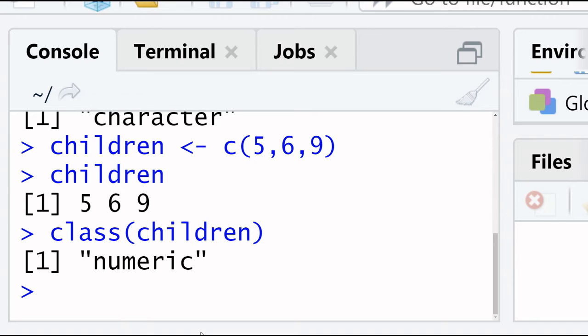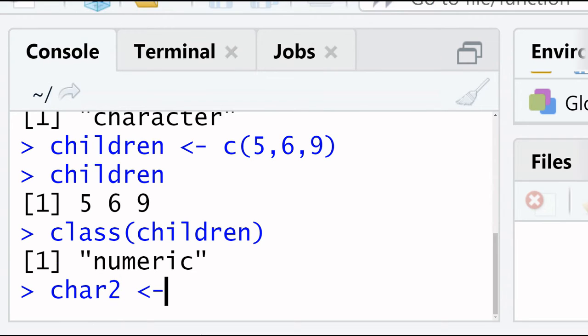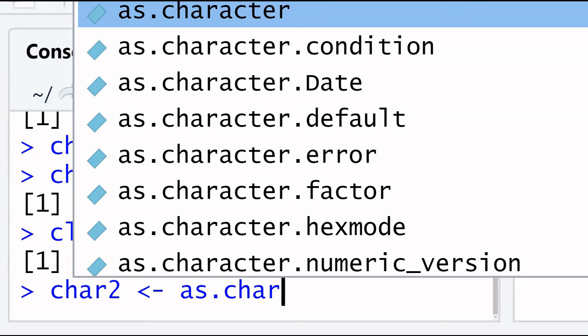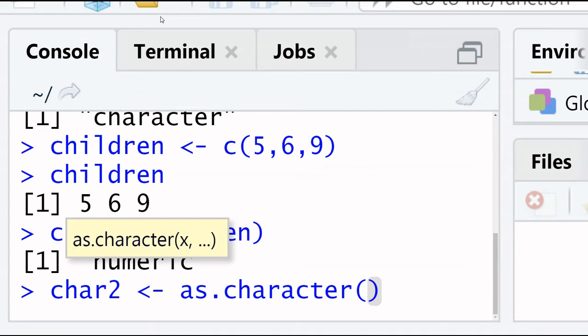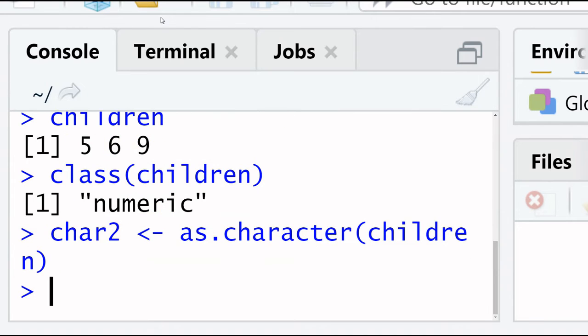Now we want to convert it into character. So assume the variable, as.character, and write the variable name which we want to convert into character. Enter. Now we check our data.